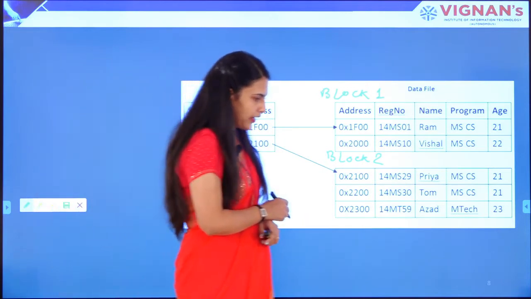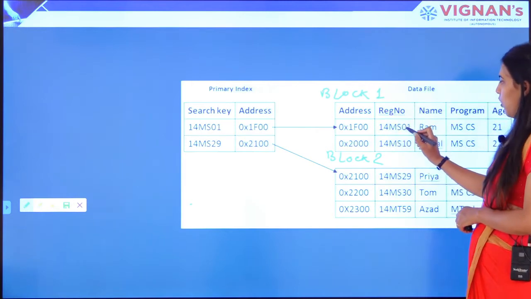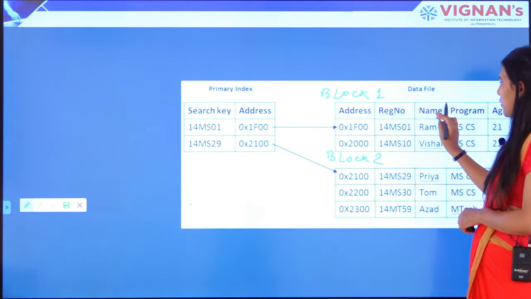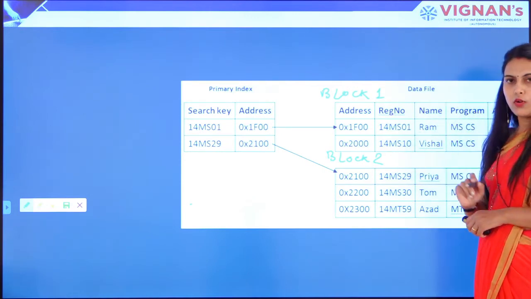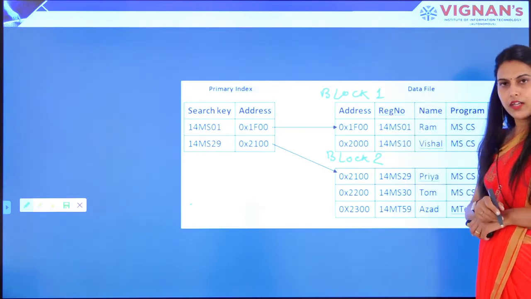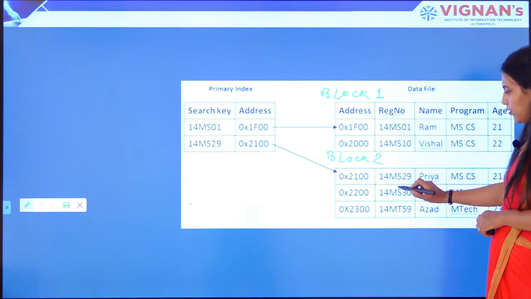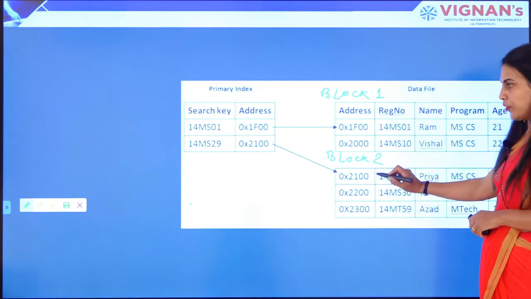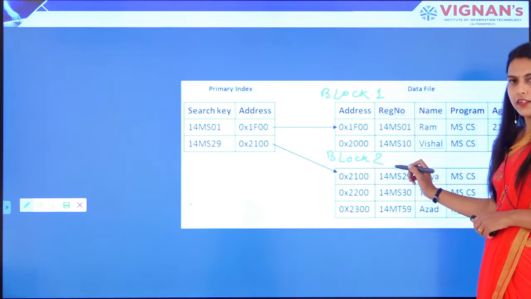My data file has the records registration number, name, program and age. These are the records that I have stored in the secondary memory. There are 2 records in block 1 and 3 records in block 2. Now we will maintain an index table for this data file.